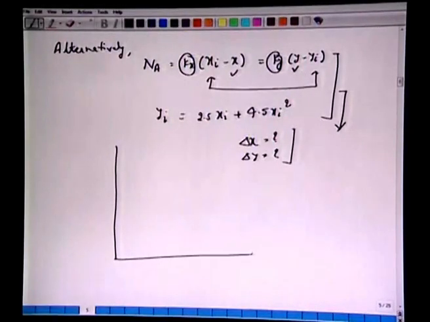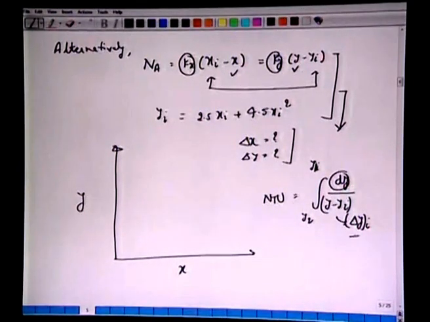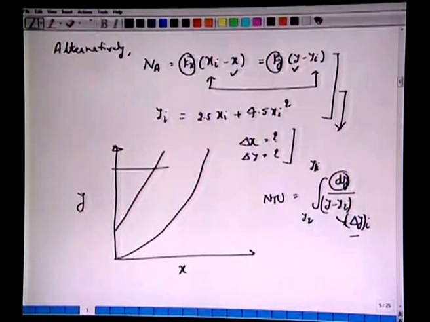Okay. So, just to sum up here, the same curve, since we are talking of driving force, let us again try to understand the meaning of this NTU. So, we have NTU as the integral of dy by y minus yi, from y2 to y1, all right. So, this is what we have calculated, this is a driving force of mass transfer based on this interface. So, we have dy and del y. So, we have this equilibrium curve, you have the operating curve, you have the boundary here y1, you have the boundary here y2.